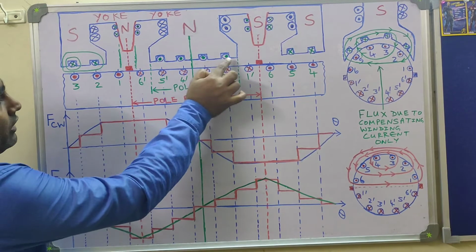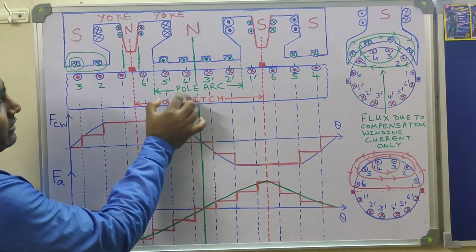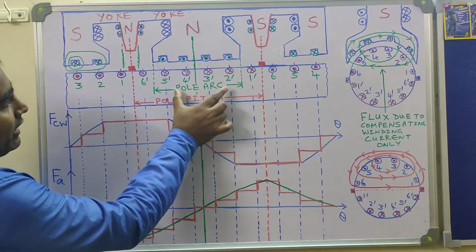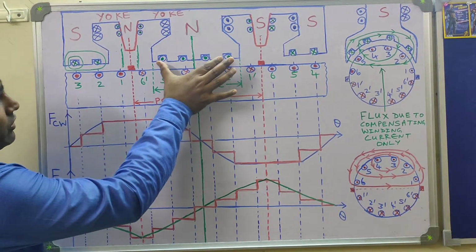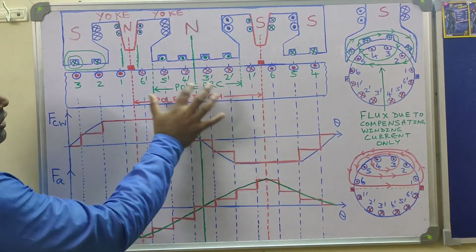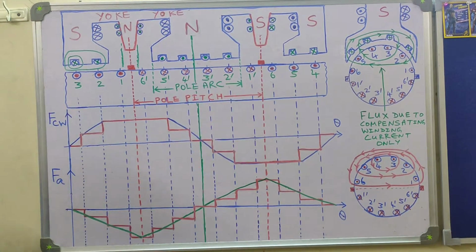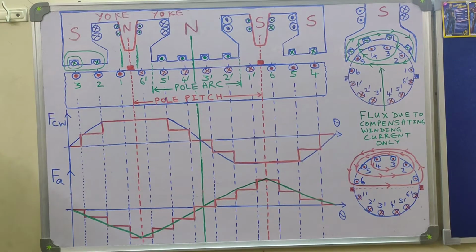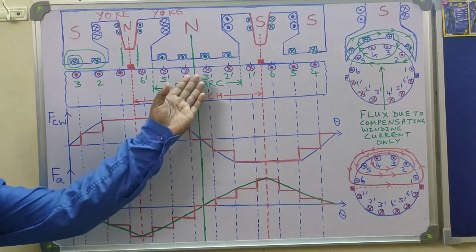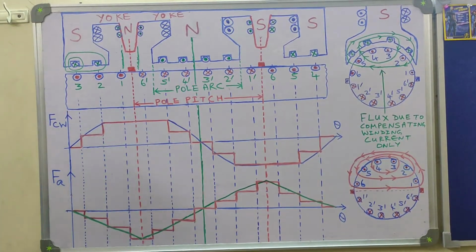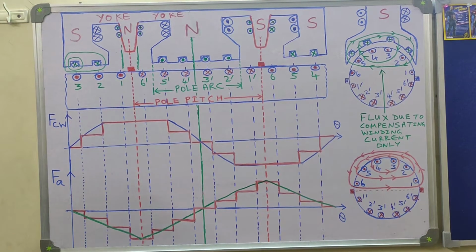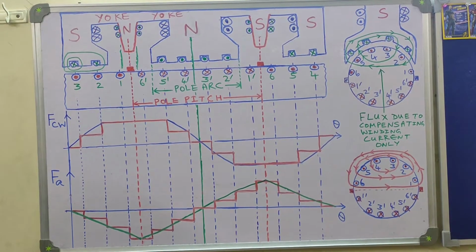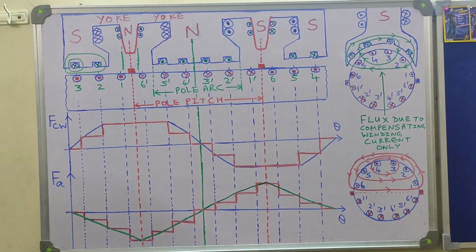So this particular thing, you can see this green dotted line is representing the length of the pole arc, and this thing is known as pole face. So in the pole face area also, the armature MMF needs to get cancelled or neutralized. Then what will happen? If you are able to cancel the armature MMF under the pole faces, then that will lead to a better distribution of magnetic flux density along the air gap periphery.